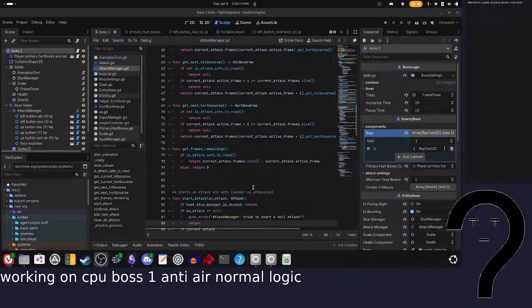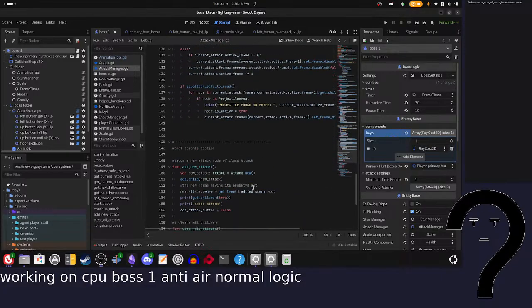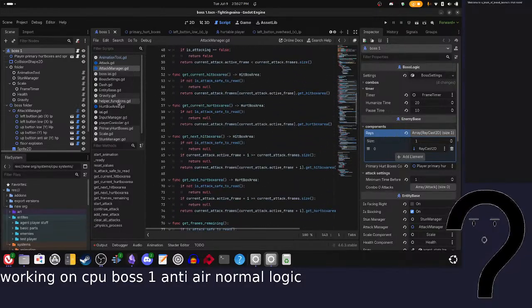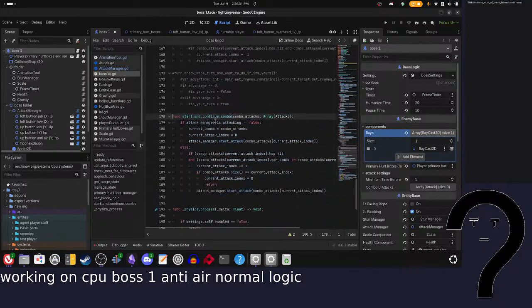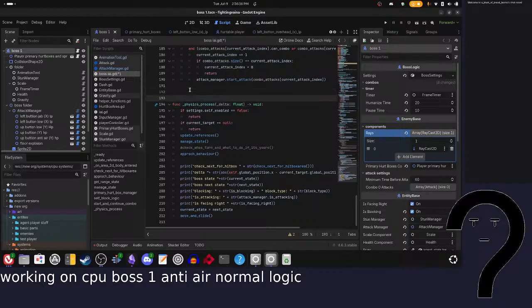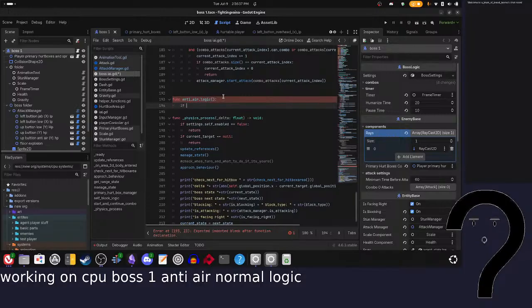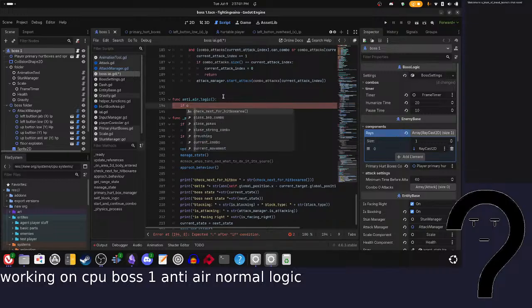Okay. Yeah, alright. Anti-air logic. Let me just, this is not the script. Boss. So let's just go with anti-air logic with the function name. Okay, colon. Okay, first if statement, if current state equals state dot close, then